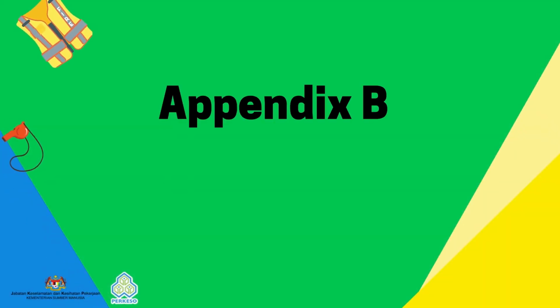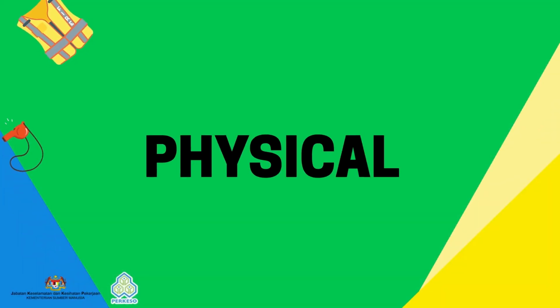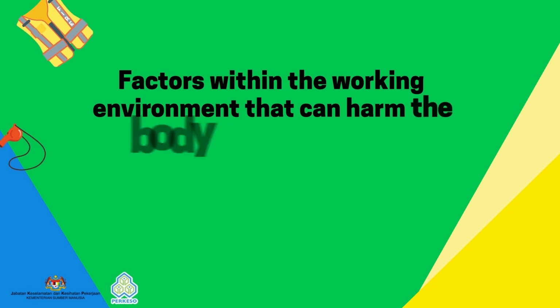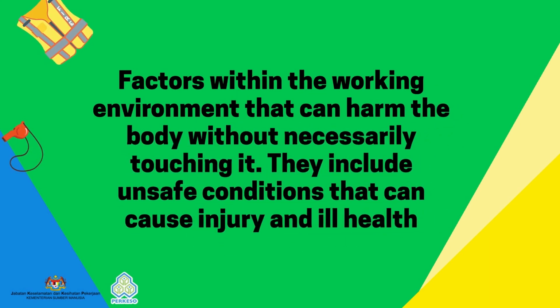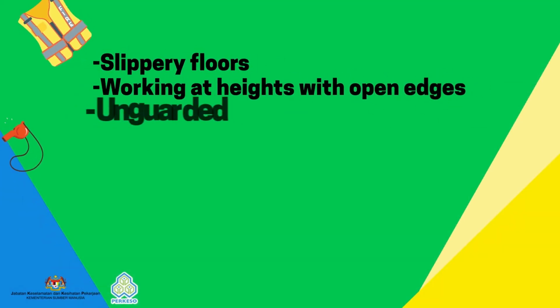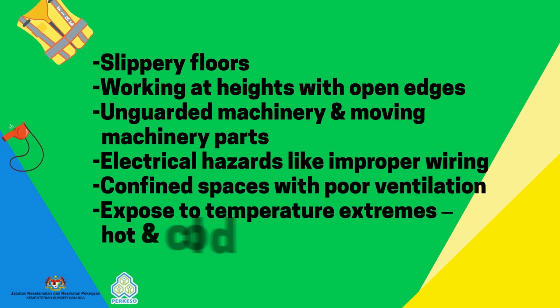Appendix B. Classification of hazard. Physical hazards are factors within the working environment that can harm the body without necessarily touching it. They include unsafe conditions that can cause injury and ill health. For example, slippery floors, working at heights with open edges, unguarded machinery and moving machinery parts, electrical hazards like improper wiring, confined spaces with poor ventilation,